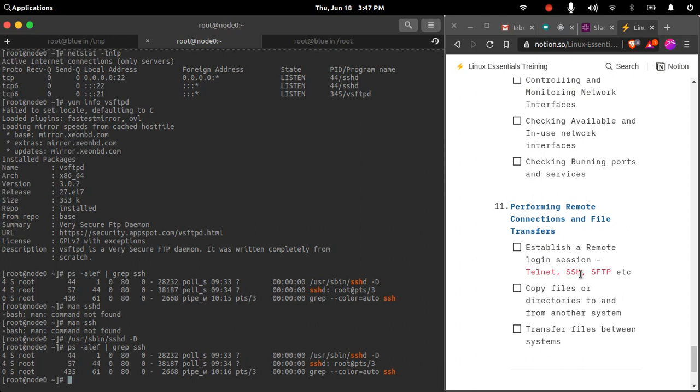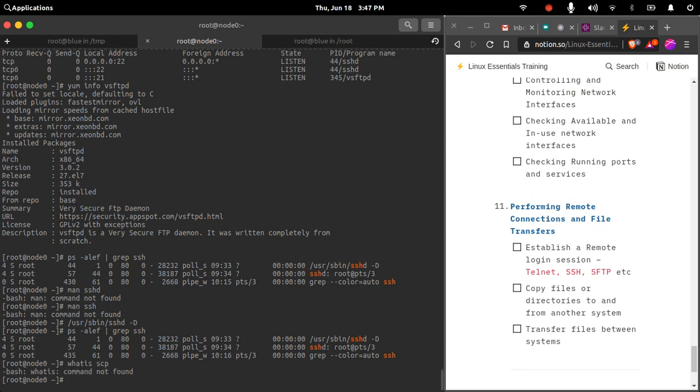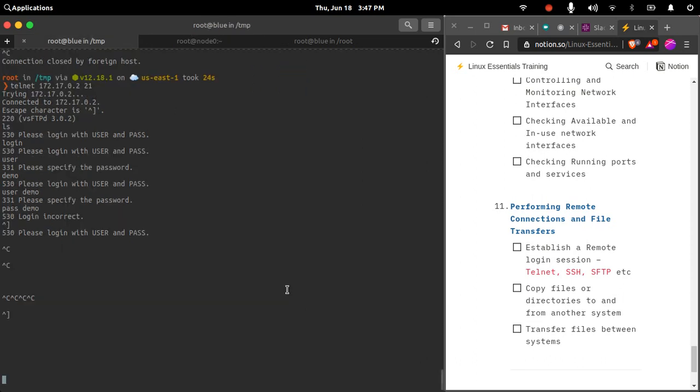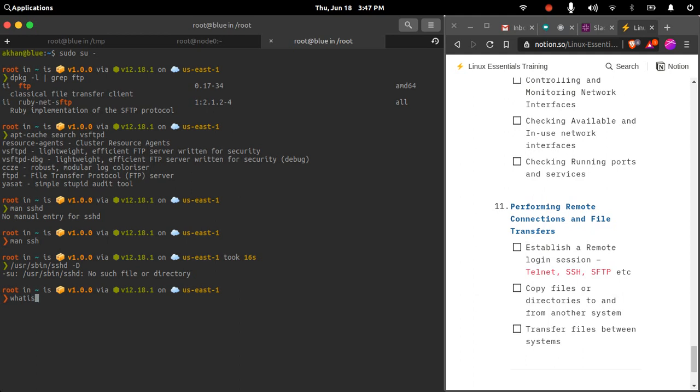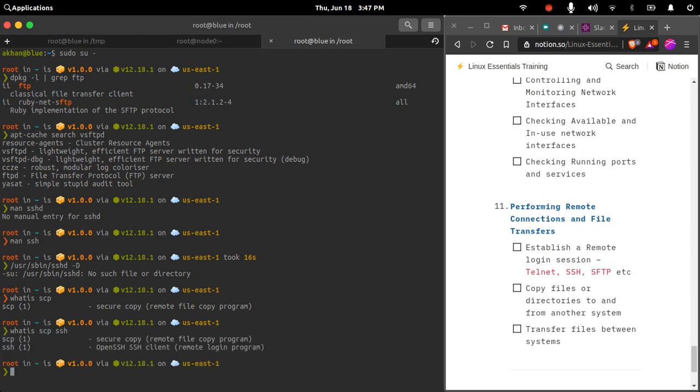Similarly, if I want to copy files with SSH, there is a command, SCP. What is SCP? SCP is one command which is a part of the SSH family. It will copy files securely with the help of the SSH protocol.